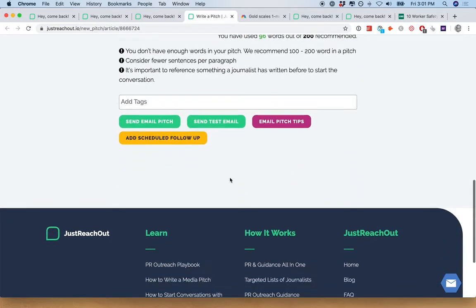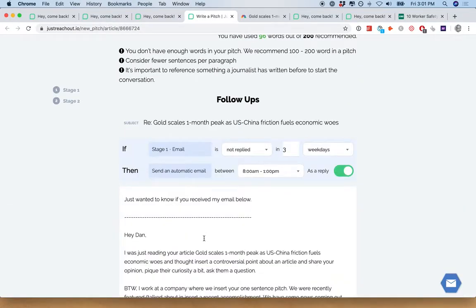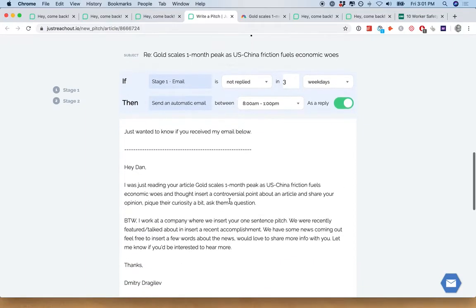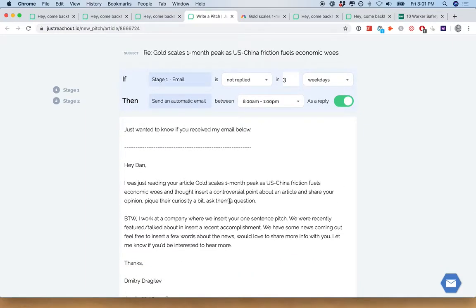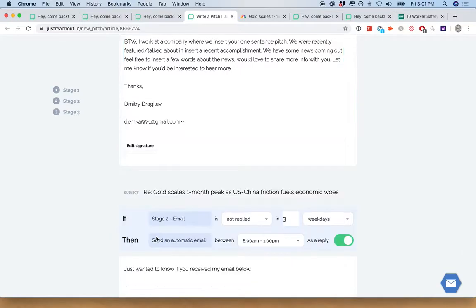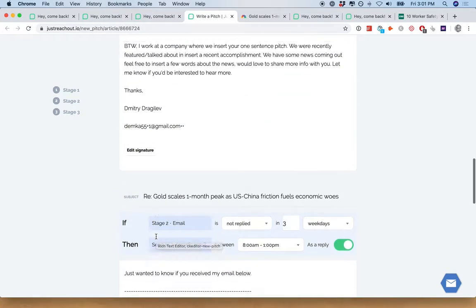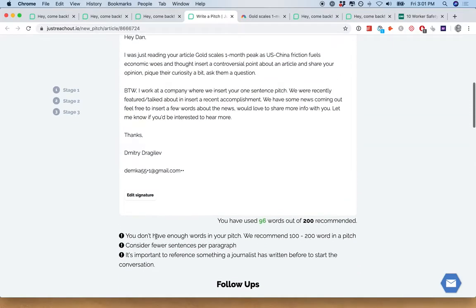It's going to warn you to stay short and to the point, value added inside the pitch. And of course, it's going to warn you to add scheduled follow-ups, because that's the number one thing that everybody forgets to do, where you get most of the responses from. Each follow-up is automatically added and is sent only if this condition is met: not replied, not read, or regardless. And this is something that everybody needs to do when they do the outreach, and everybody forgets to do.